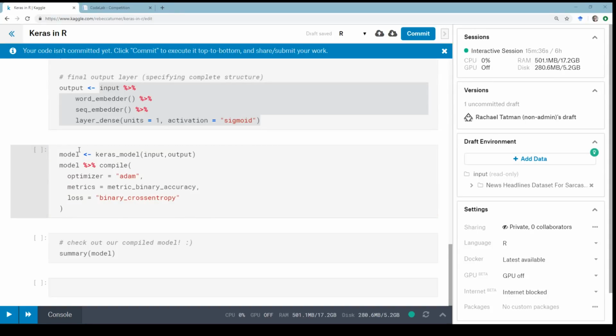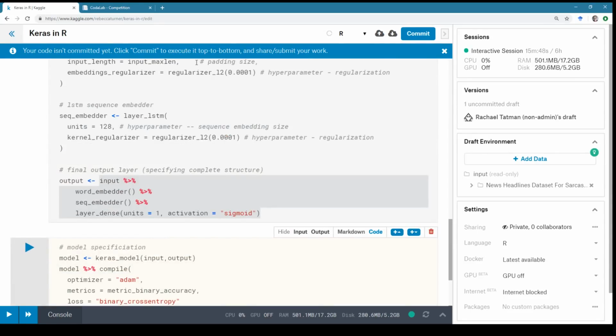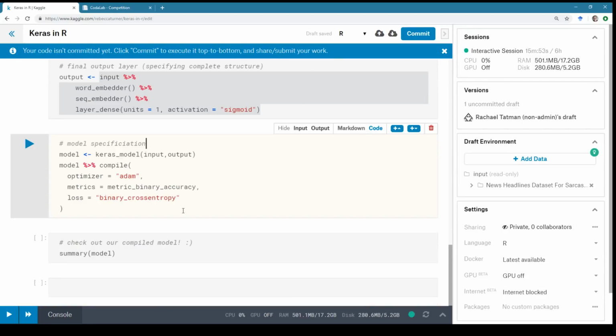Okay. So this is model specification. We're using Adam. That's pretty standard specification. And we don't need to specify anything in the LSTM. I'm gonna assume those are reasonable defaults. I guess we'll find out, huh?